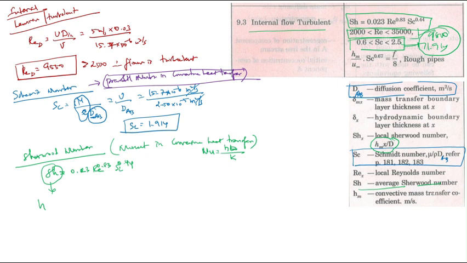From this relation you can note that instead of x you are using the diameter. So HD by K, here also it is HD by DAB instead of K. Note that. So H is HM, the convective mass transfer coefficient, into diameter divided by the diffusion coefficient,